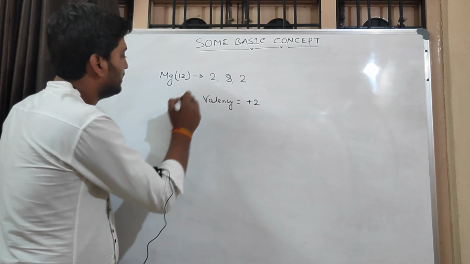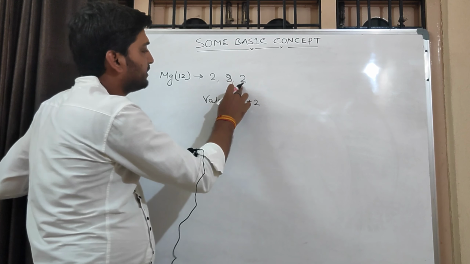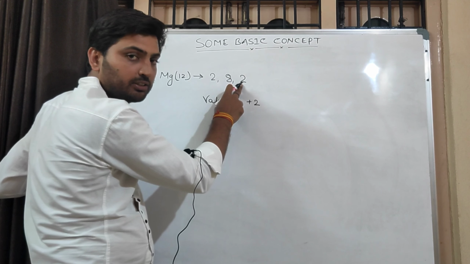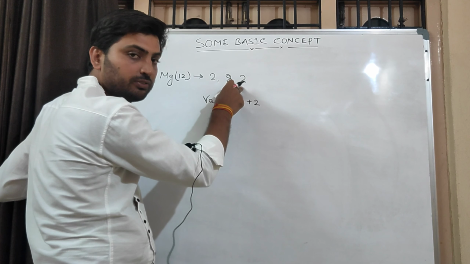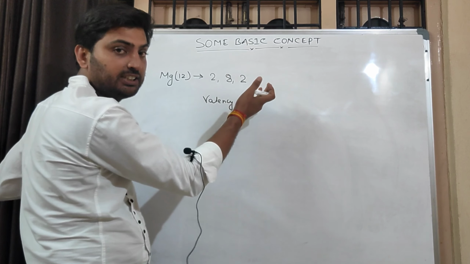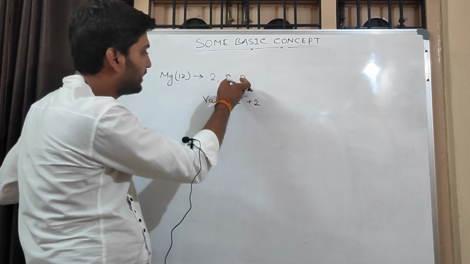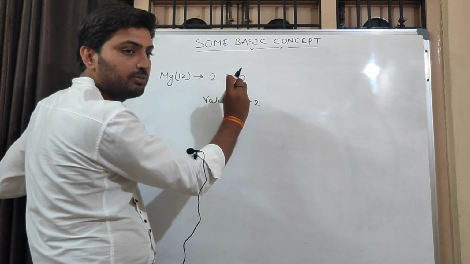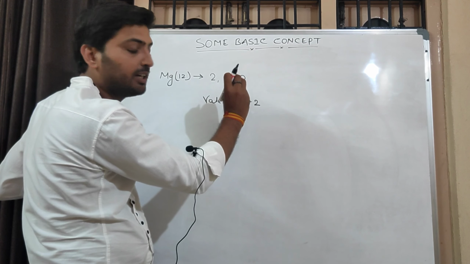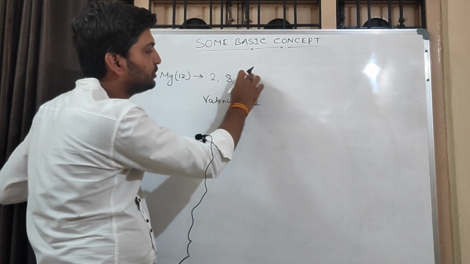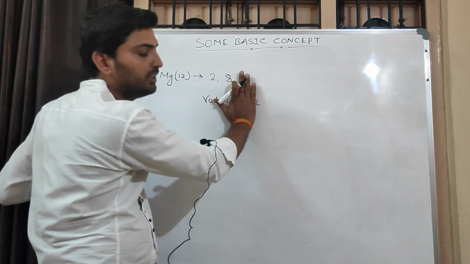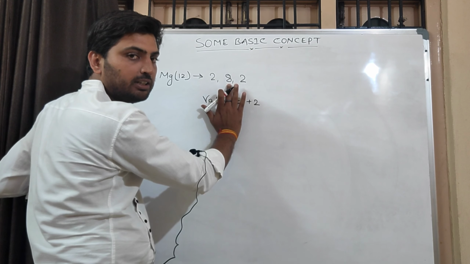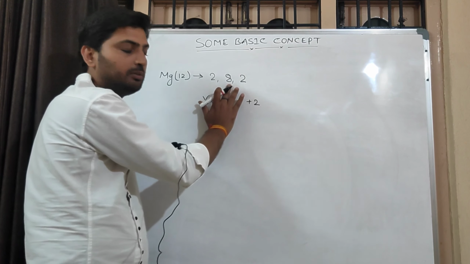See, in the case of magnesium, what is easy? It is easy to lose 2 electrons or to gain 6 electrons from another atom. Obviously it is easy to lose 2 electrons. Since it will lose 2 electrons, the number of electrons in the outermost shell will become 8 automatically. This shell will vanish. The remaining shells are only K and L, so the electrons in the outermost shell will be 8 only.